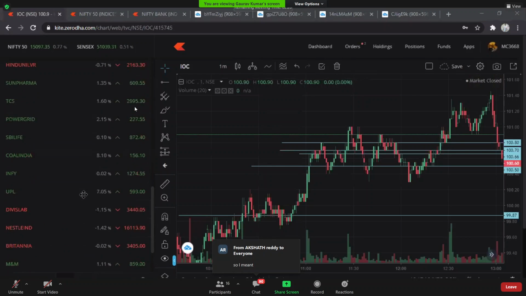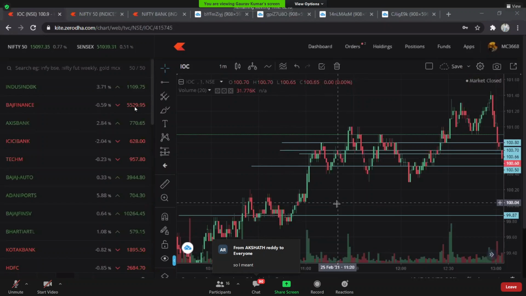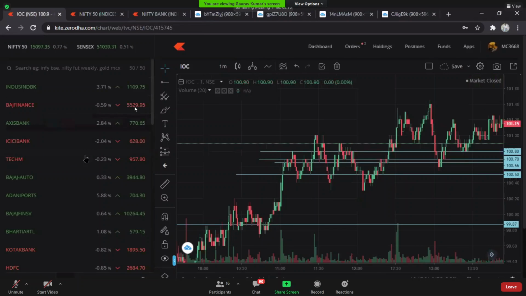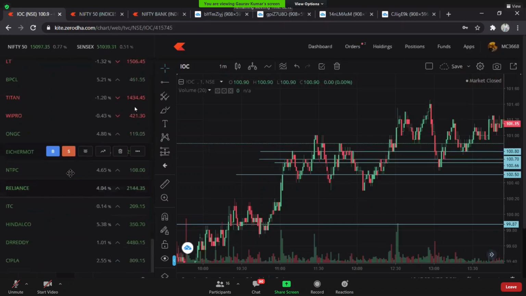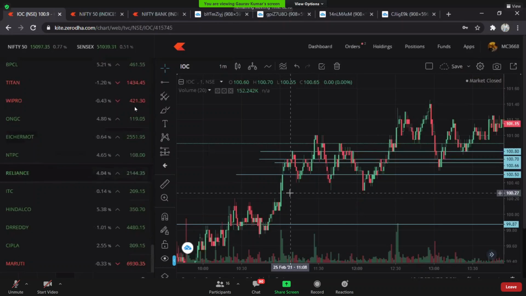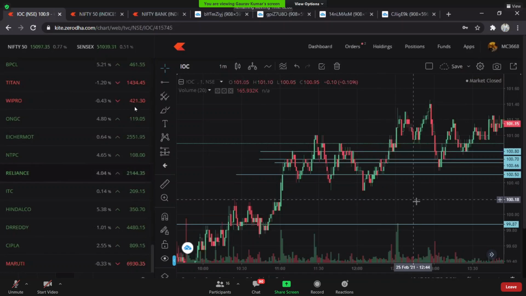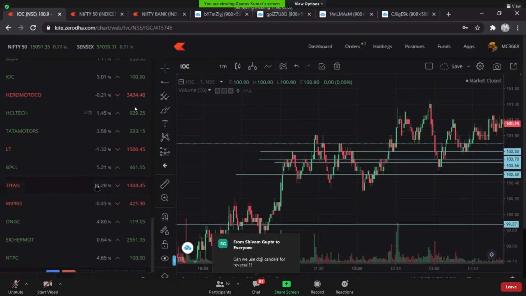Bro, you are saying that in IOC the movement is not clear. Buddy, this list is of Nifty 50 stocks. And if IOC is in Nifty 50, then it must be having something special in it. It is one of the most volatile stocks in NSE. Even now, in market hours, just see that it is having 50 lakh, 60 lakh orders at one point of time.